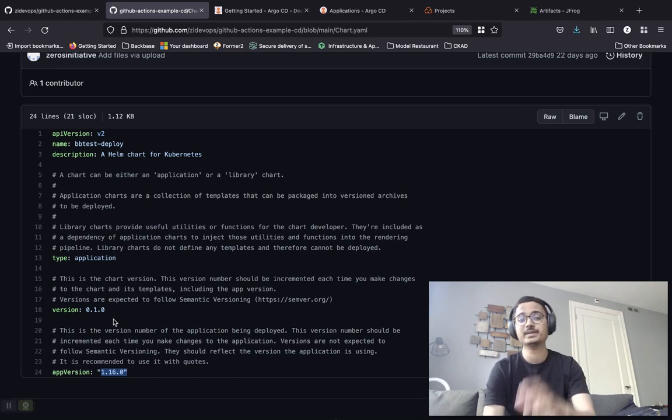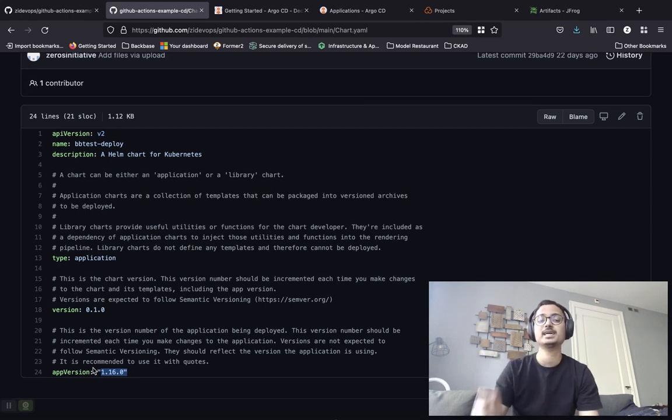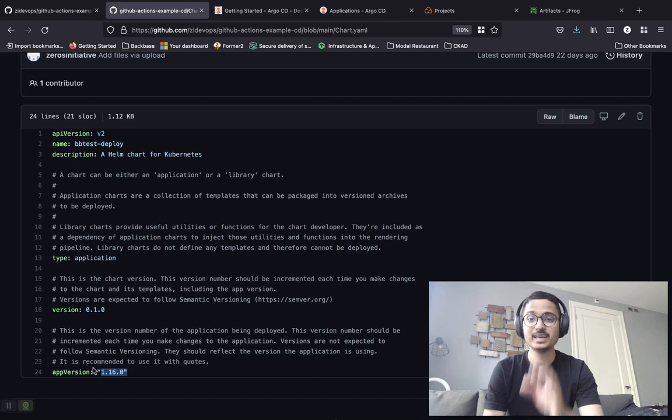And if you have any dependencies, let's say that this Helm chart is dependent upon the MySQL Helm chart, then you can also specify some dependencies at the bottom. That means the MySQL Helm chart will also be deployed, and then your application would be deployed. So you can have dependent charts in your Helm charts. In your chart.yaml, you can specify dependencies to deploy the dependencies first and then deploy your chart for your application.